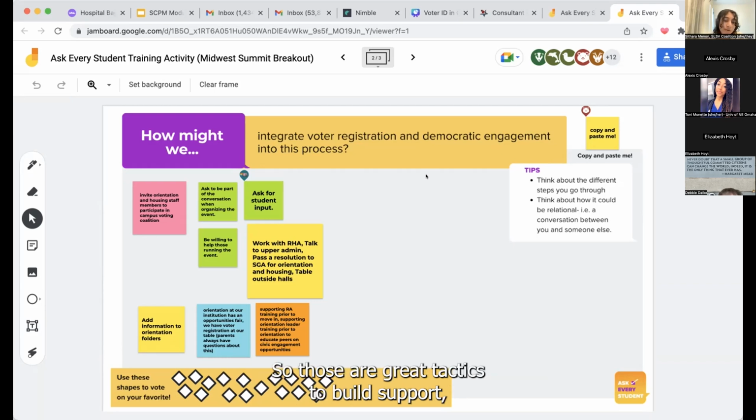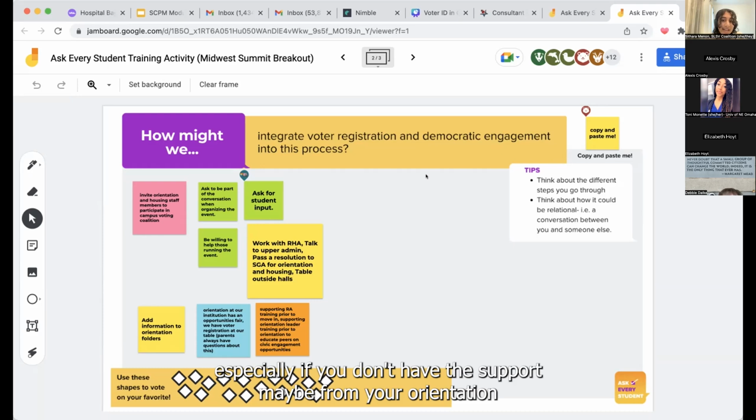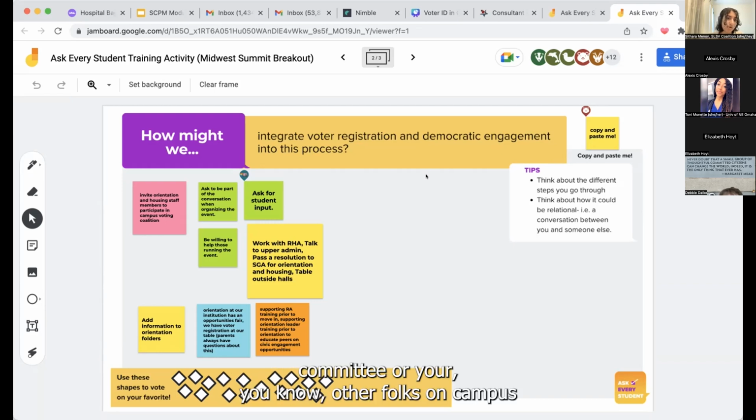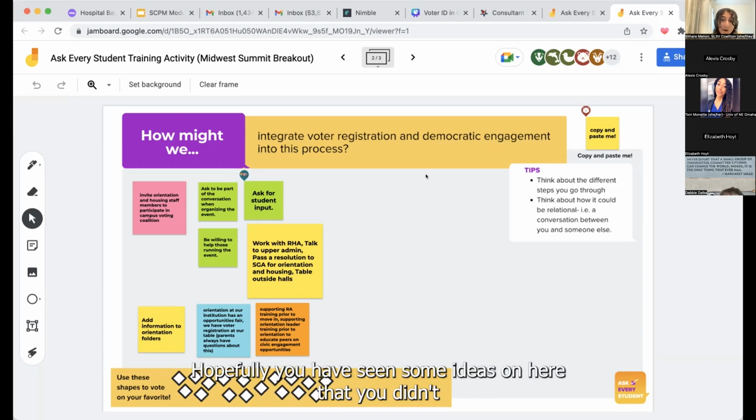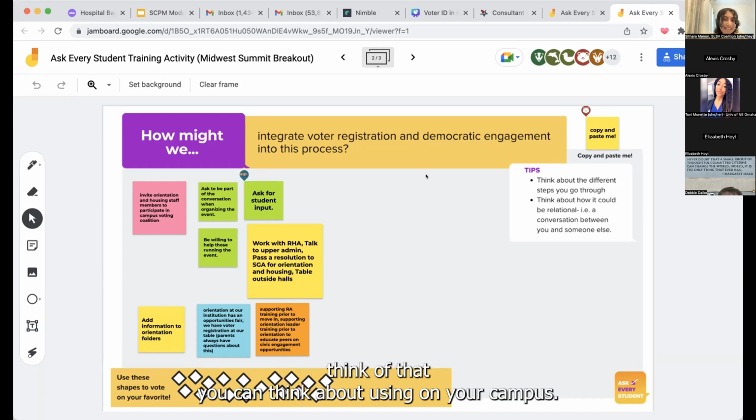So those are great tactics to build support, especially if you don't have the support maybe from your orientation committee or other folks on campus, getting some student support to help pave the way for that. So thanks everyone for adding these really awesome ideas. Hopefully y'all have seen some ideas on here that you didn't think of, that you can think about using on